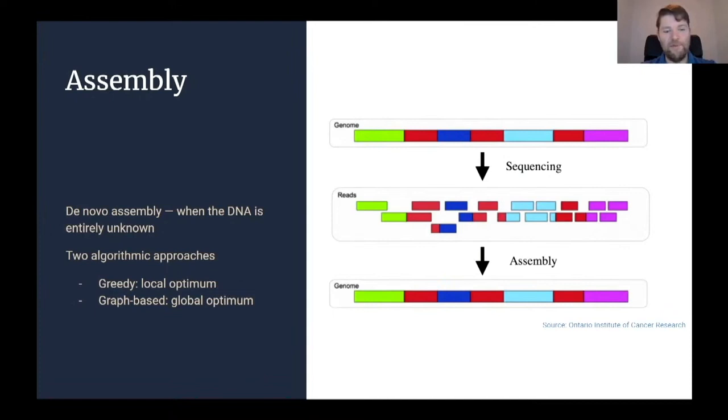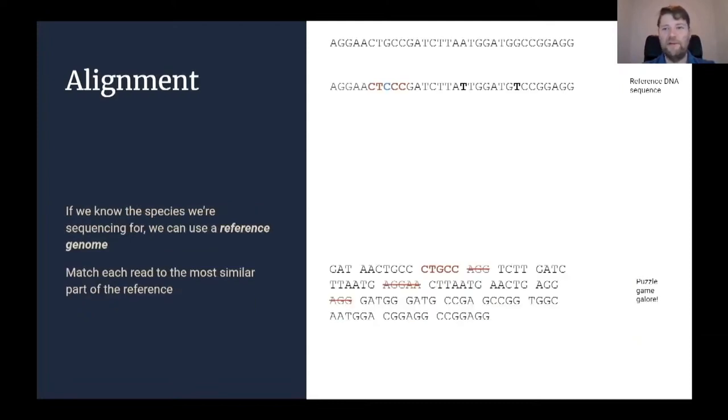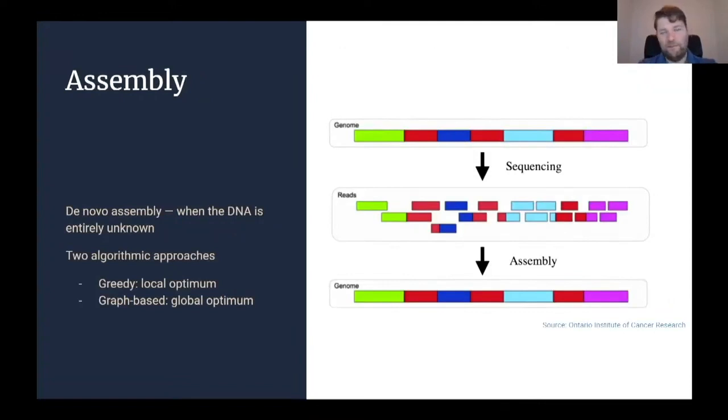But if we wanted to do something more complicated, for example, if we didn't have a reference genome, then we usually get into a situation called de novo assembly. In that case, we don't have the reference genome here in this figure. We only have the puzzle game at the bottom. This is also a solvable problem, but it's much more computationally expensive, and it's not always perfectly solvable. There might be ambiguities here, and this is also a talk in and of itself. I'm not going to discuss it too much here, but I'm going to give you a little bit of intuition, at least to those of you who did an algorithmics course at university level, or any level,